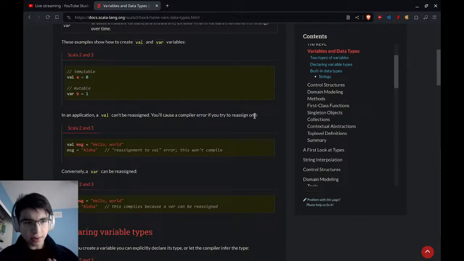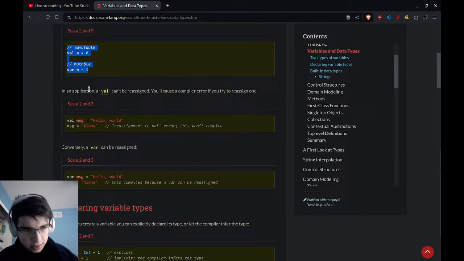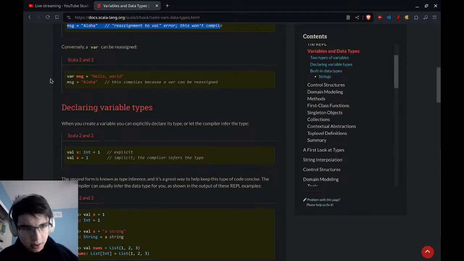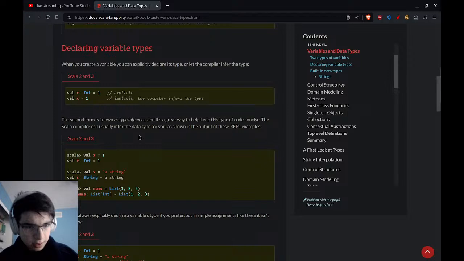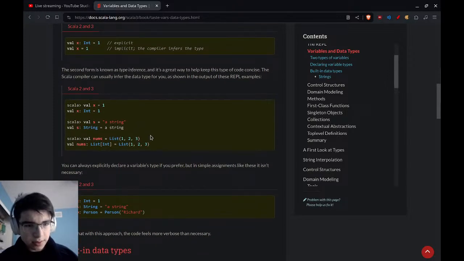So this is where I was starting. So how to create val. So this is exact same as Kotlin. Yeah, val can't be reassigned. Var can, of course, be reassigned. So it looks like there's type inference going on. You can, yeah, you can let it infer the type. That is type inference. Okay. All right, great. So when you want to do a list or something, it is